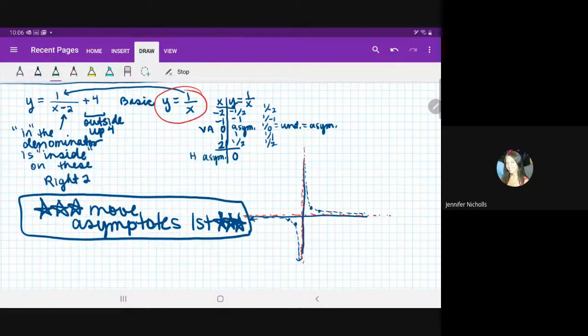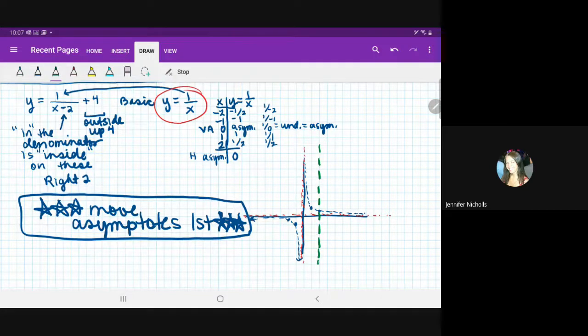Okay, so the vertical asymptote, I'm going to move to the right. So this is its new location. I move it to the right. I'm moving the asymptote to the right and up, but up doesn't really affect a vertical asymptote. And then the other asymptote, which is sitting there on the x-axis,